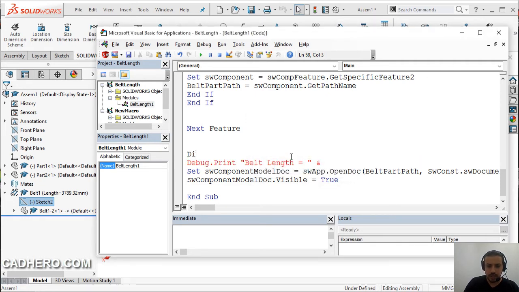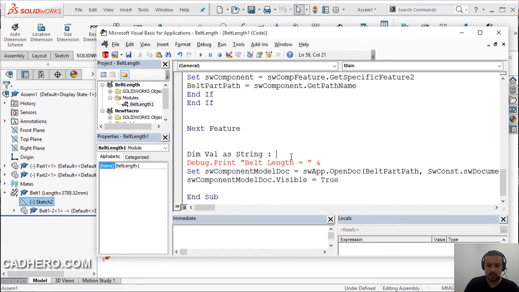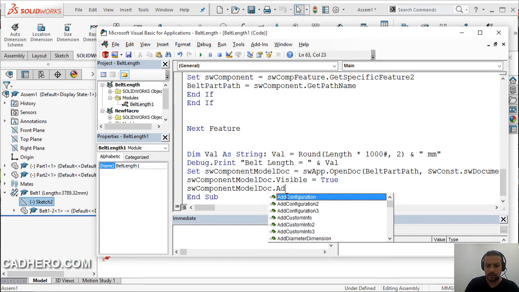Thank you, VBA, and let's dim a val as string, and say val equals to this, and then just copy this here, and that will make it easier when we add the custom property. So SW component model doc add